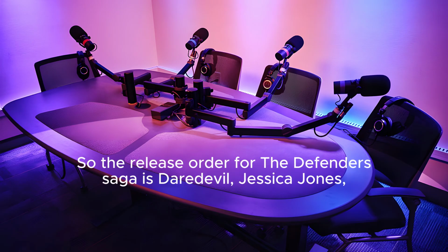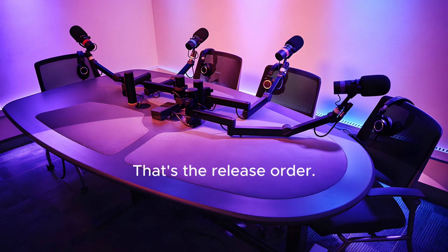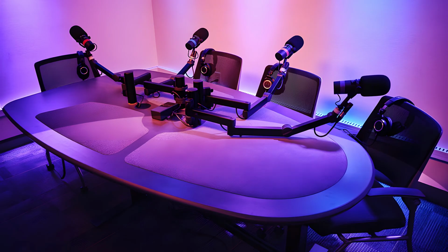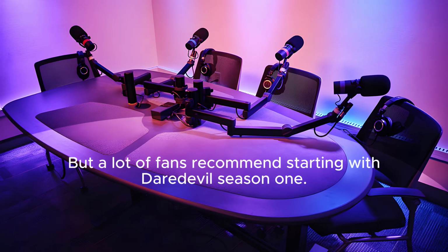Okay, so the release order for the Defenders saga is Daredevil, Jessica Jones, Luke Cage, Iron Fist, the Defenders, and the Punisher. That's the release order. What about chronological? Chronological is a bit more complicated. How so? Because the shows often overlap in their timelines. But a lot of fans recommend starting with Daredevil Season 1,